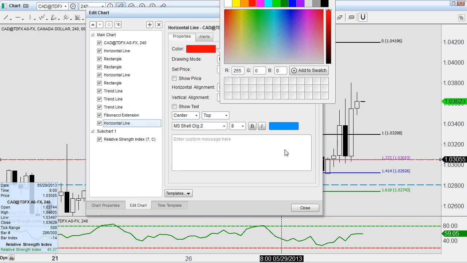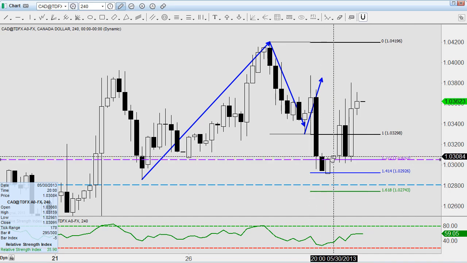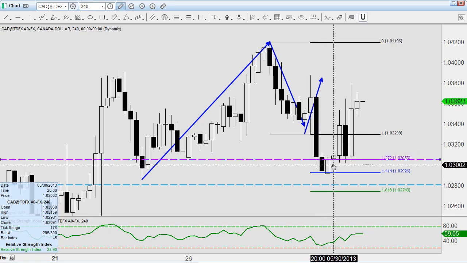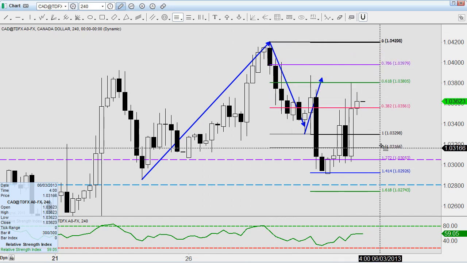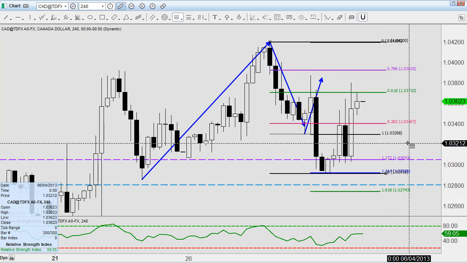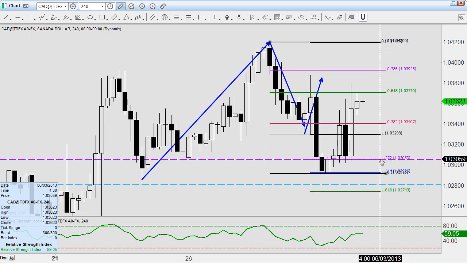Whoops, let me make it purple because purple's for buy. That purple line, we're going to look to buy that 127 extension. As you can see, the market came right into that zone, rallied right back out of it. Then we're going to look for our targets. Our initial target is going to come in right at the 382 retracement. So we'd be buying them up at